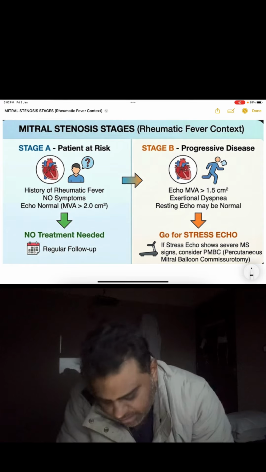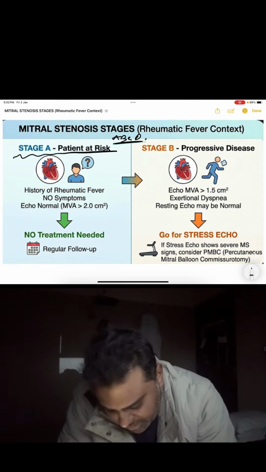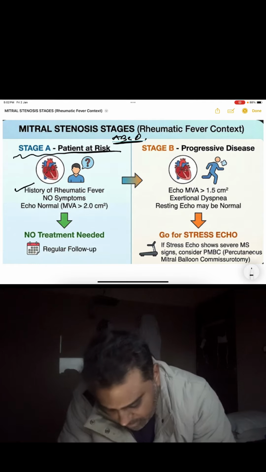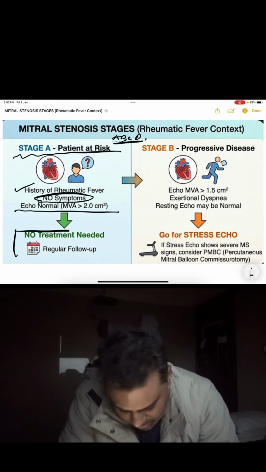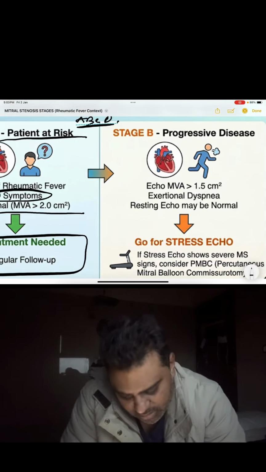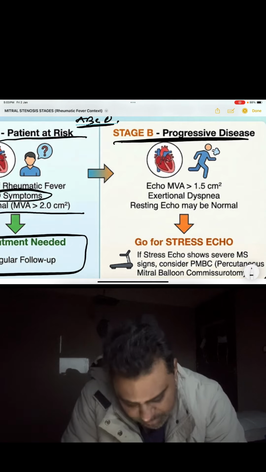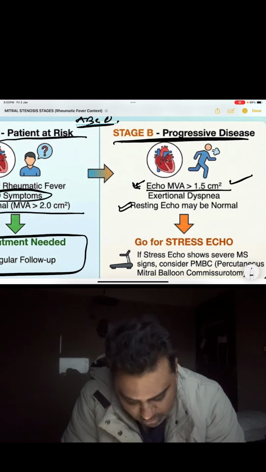Now patients can be divided into A, B, C, D stages. Stage A is a patient at risk who has a history of rheumatic fever, but the patient has no symptoms, echo is normal. So this patient requires no treatment and this patient will never come to you. Second is stage B, that is progressive disease. Now here the resting echo will be normal, mitral valve area will be normal. The only problem will